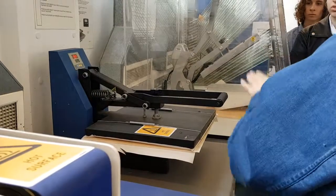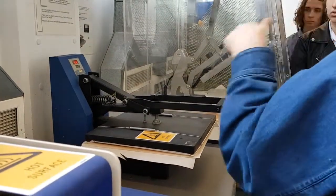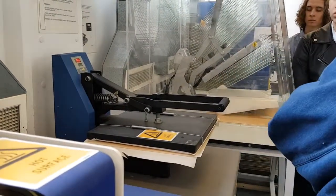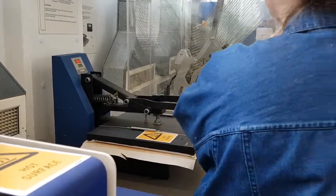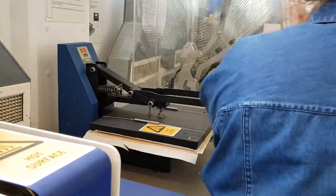Sweet. So once it clicks into place, the timer essentially will start to go off. And once it's been in there for a whole minute, it will make some beeping noises. So, yeah. Anybody have